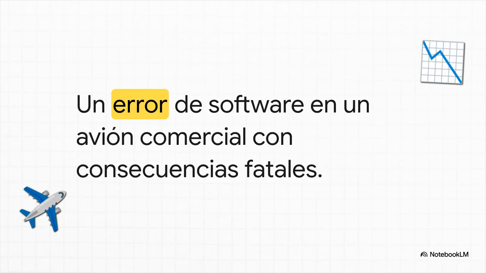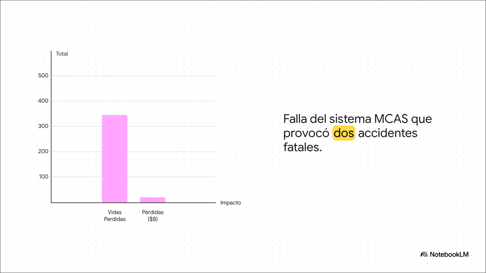And finally, the case that brings us right back to that number from the beginning, the Boeing 737 MAX. 2 fatal crashes, one in 2018 and another in 2019, cost 346 people their lives and racked up over $20 billion in losses. The culprit was a piece of software called MCAS that was activating when it shouldn't have. And really, this case is the perfect storm of disaster. It wasn't just one single bug. It was a deep, systemic failure in the software's design, its testing, and critically, its documentation.